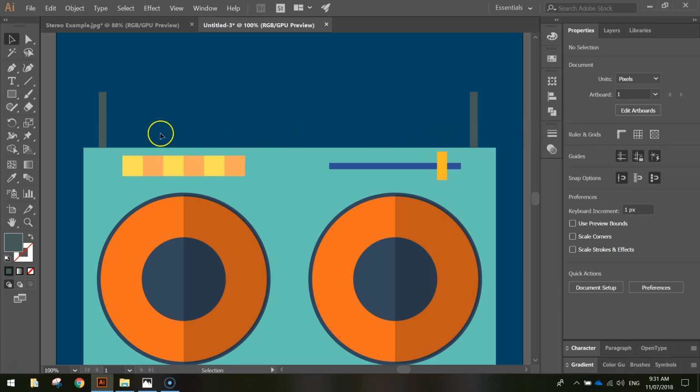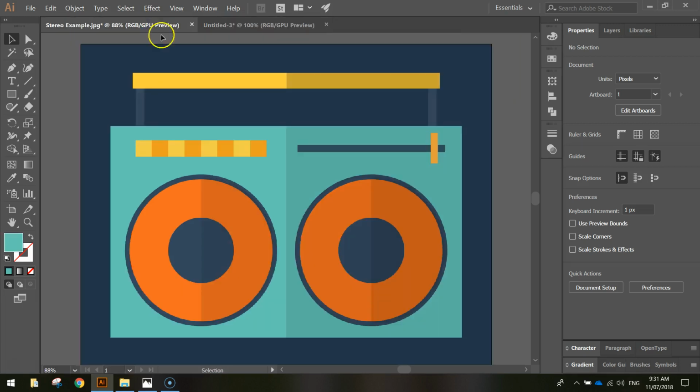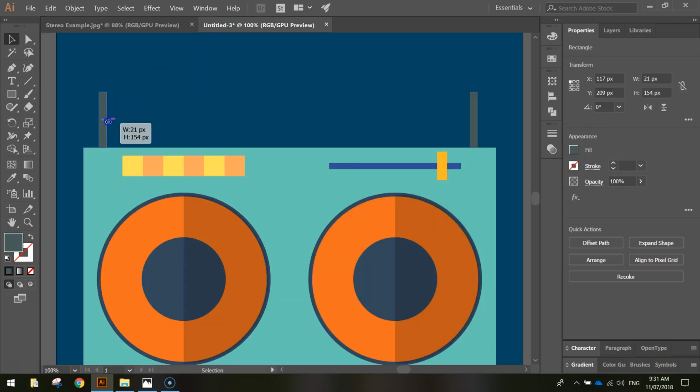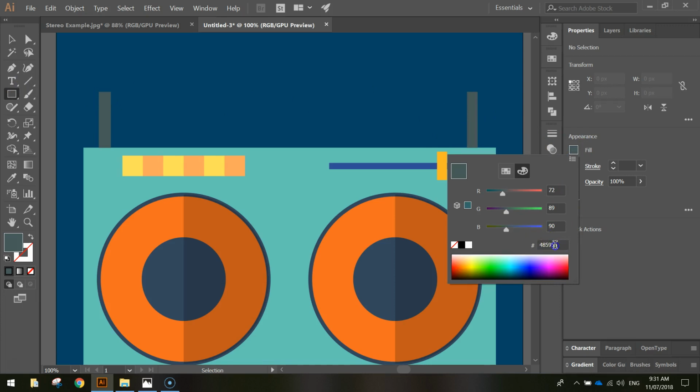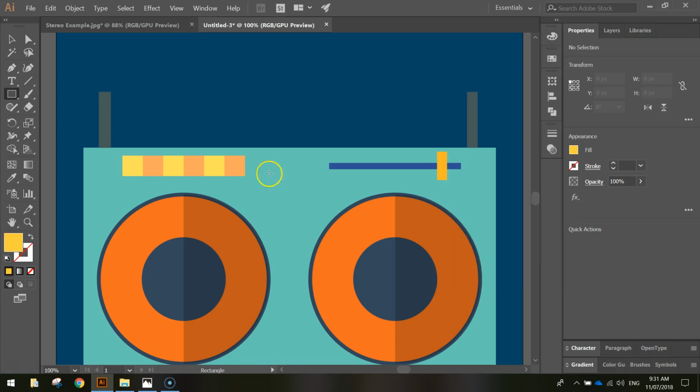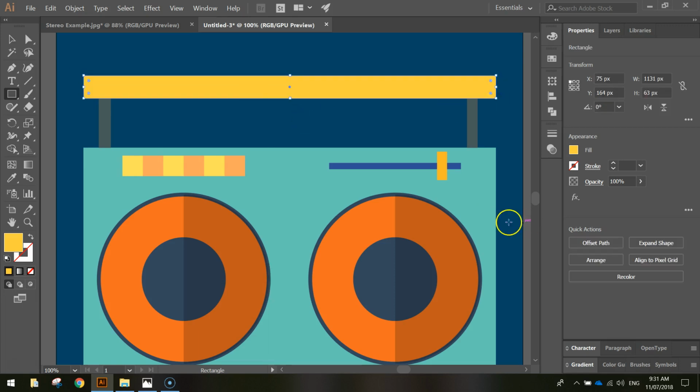That's a bit better. Now we want to put a handle that runs across the top here. Okay, if we just go back and have a look at the original, it was just this yellow handle runs across the top there. I might just make these a little bit fatter as well. There we go. Okay, so this handle runs across the top. We're going to choose another fill color using a hexadecimal code, so it'll be FBCF3C. That's that bright yellow color. Just click and drag across about the same width as the stereo itself, and you'll get that nice big handle